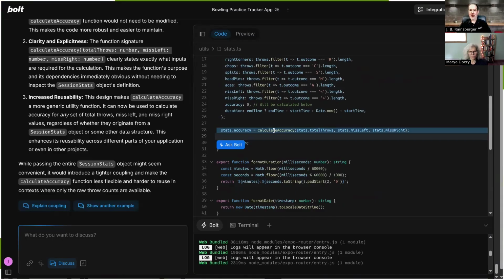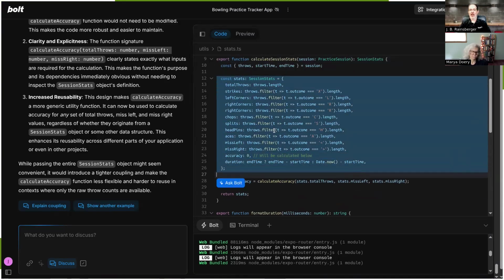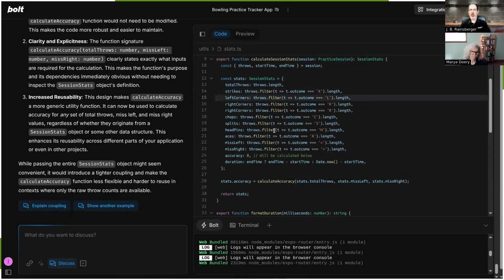I can imagine that logic is going to be duplicated in every client of this function. Today, that doesn't really matter because there's only one. But if somebody else wants to store the stats slightly differently, or track hits and misses and doesn't care about miss left separate from miss right, maybe there's new kinds of misses. Maybe there's the difference between missing left but keeping the ball on the pin deck and missing left but throwing the ball in the gutter. The fact that there are exactly two ways to miss is an accident of the current situation. And that makes me believe that it's structurally decoupled, but it's logically coupled.